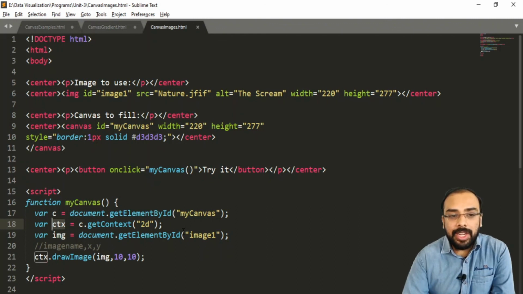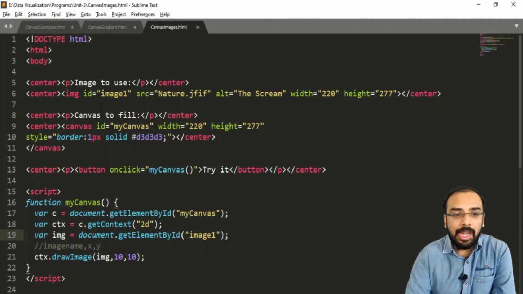Now we require an image, so we will get the image from this particular tag with the help of this ID. Here we have written document.getElementById, and the ID of this image is image1, and I have stored it inside a variable which is named as image.